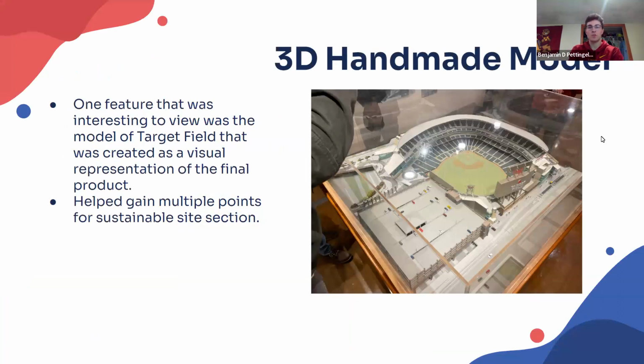Another cool aspect of the tour that we got to see was the 3D handmade model of Target Field. As you can see in this photo on the right, this entire thing was handmade, and it shows a scale model of the finished product of Target Field. You can see on the right side of the image going towards the bottom, there's the light rail on one side. You have a massive parking lot on one side as well. And then on the far top of the picture and running across the back of the stadium,